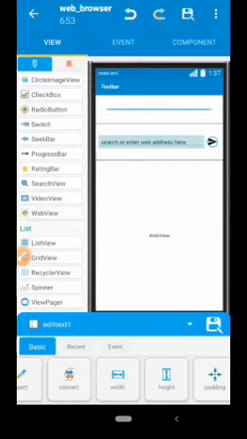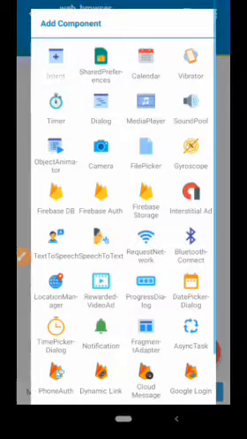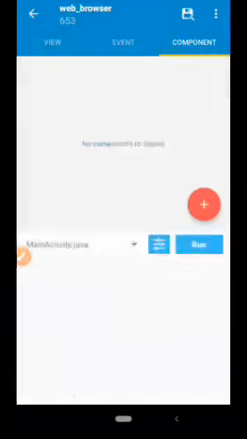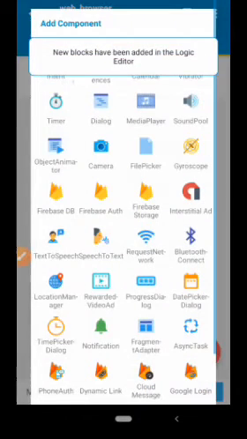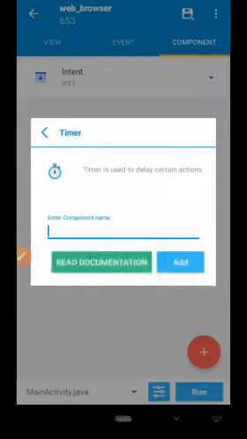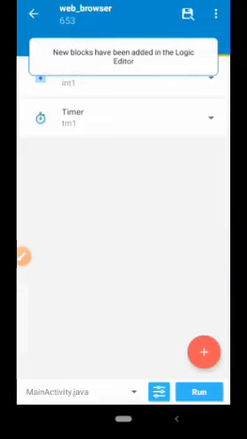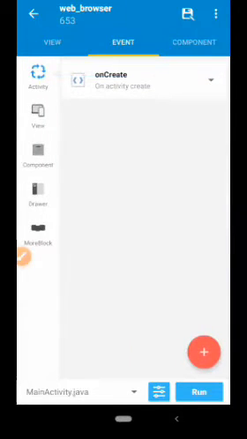Once we do this, the next thing, I want to come to my component, add component. The first thing I'm adding is intent. I'll say int1. Then the next thing I'm adding is my timer, so I call it tm1. Okay, so that is that. I'm done with that. I'll come back to my logic, that is event. Now on the onCreate event, what I just want to put here is